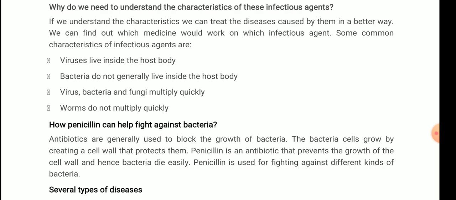Third, virus, bacteria and fungi multiply very quickly. There are certain unicellular and multicellular ones, and it depends on their altogether physiology, but they can multiply very quickly. So when they multiply very quickly, and if they are disease causing, it is very difficult for our immune system to stop them, because they multiply very quickly and make a large number of them. So that's why for our immune system it is very difficult once they rapidly multiply.